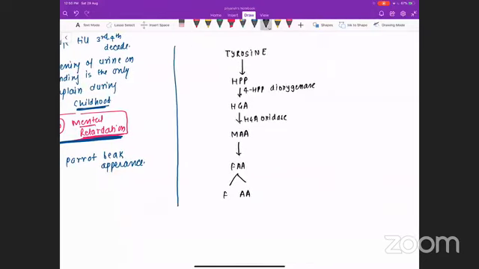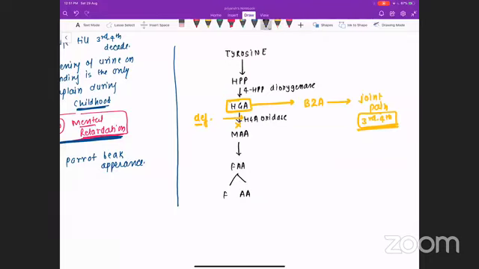See, the problem is in alkaptonuria, this reaction is not occurring. There is deficiency of this enzyme, and that is leading to alkaptonuria. So there is accumulation of this molecule, and that is converting into benzoquinone acetate, and that benzoquinone acetate is leading to joint pain in the third, fourth decade of life. If this joint pain occurs in the seventh, eighth decade, then it is not much of a problem. If knee joint pain occurs in the seventh, eighth decade, that is a common problem. The problem is the knee joint pain occurring in the third, fourth decade.